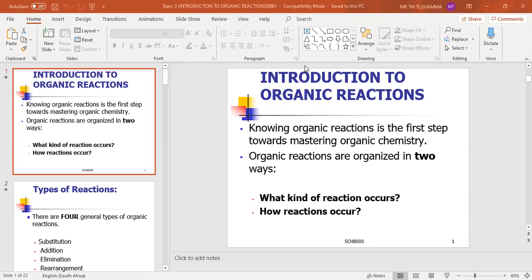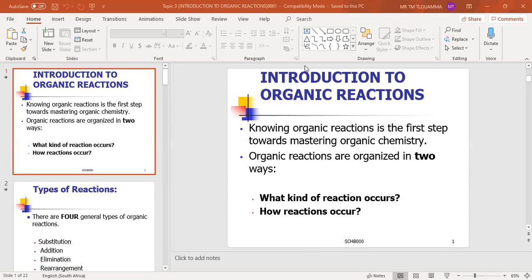Then under those reactions, we are going to look at four different types of organic chemical reactions. And I believe everyone knows those four general types of organic reactions. The first one is the substitution reaction. The second is the addition reaction. The third is the elimination reaction. And fourthly, we have the rearrangement